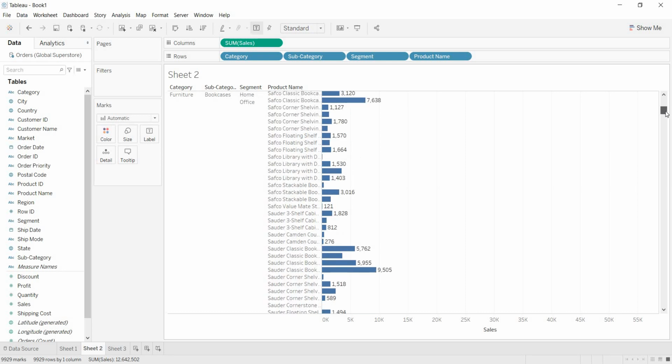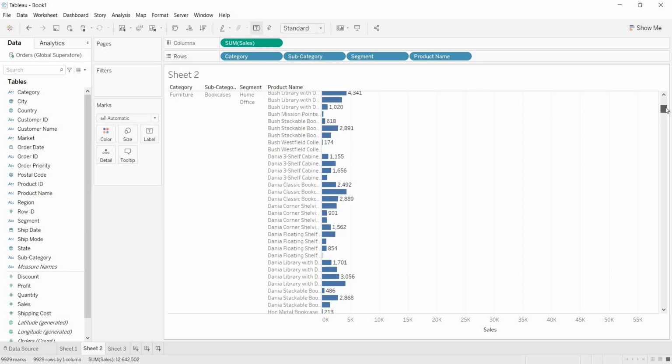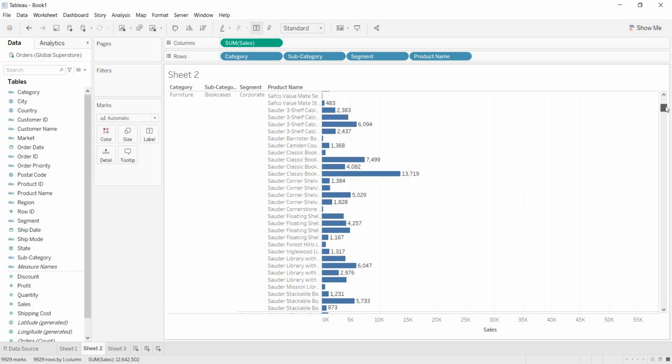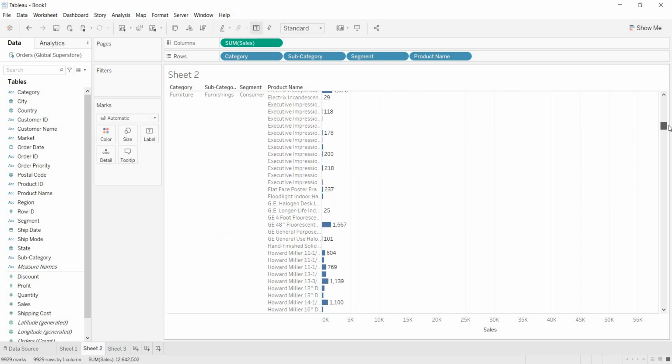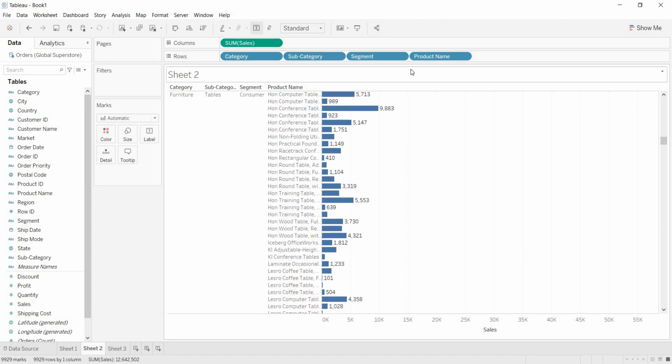Now again, if you move like this, see, we are having 3 segments. Once the segment part is completed for one subcategory, then the next subcategory wise segment details and the product details will come. As you are scrolling down, the entire data will be represented based on the category, subcategory, segment and products. So as 4 dimensions are involved in this visualization, this is called 3-level nesting.